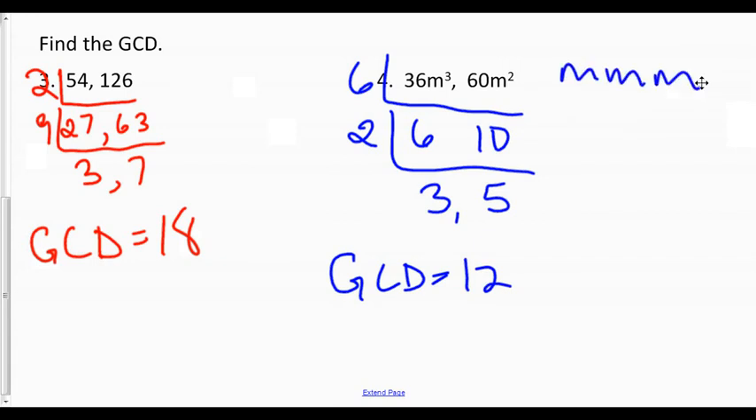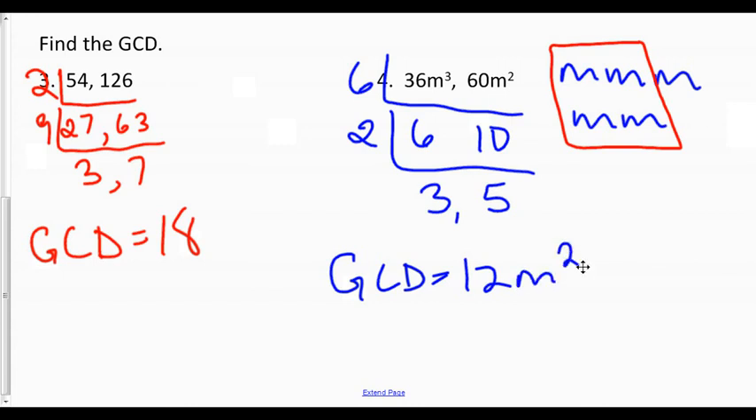Remember that means m times m times m. m squared means m times m. And what do they share? What's the most amount of m's they share? Well, they share m squared. So my GCD is going to be 12, and then the variable piece, m squared. And that's how we find prime factors and the greatest